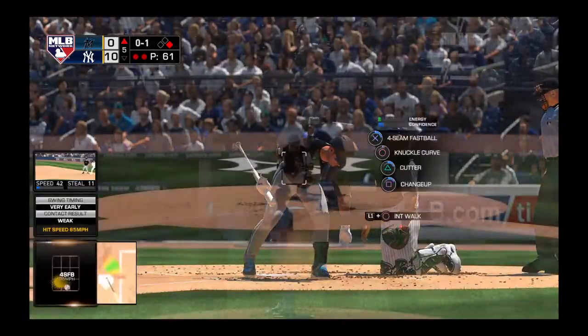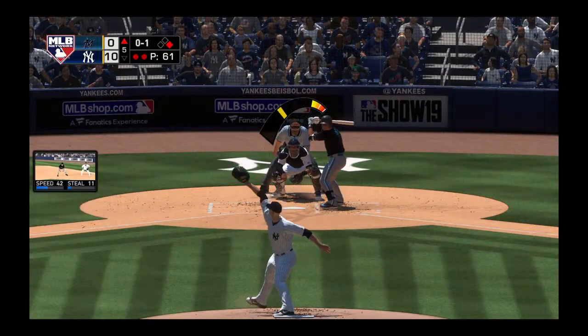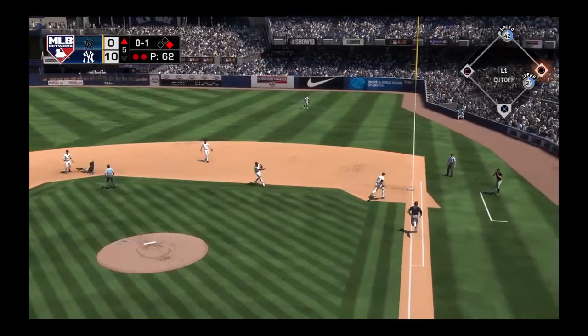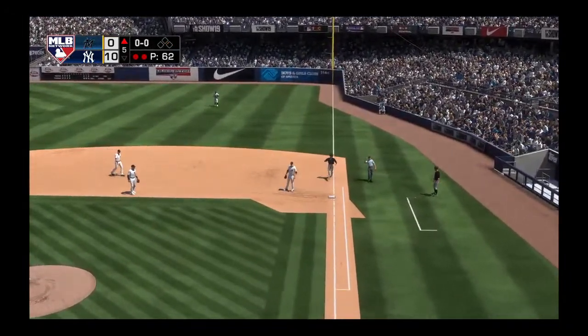Grounded down the third baseline. He's ready. Here's the 0-1. A dive, and he knocks it down. But they'll still manage to get the out on the force, and with that,